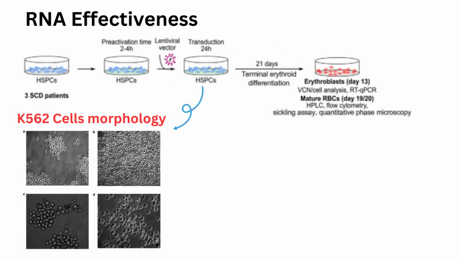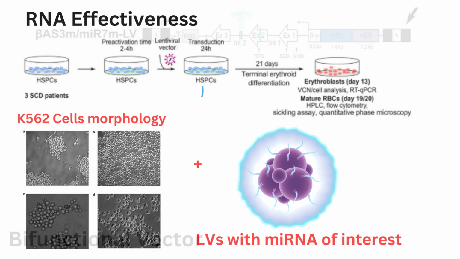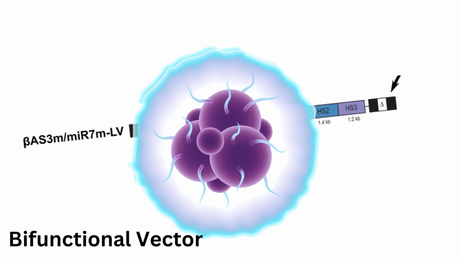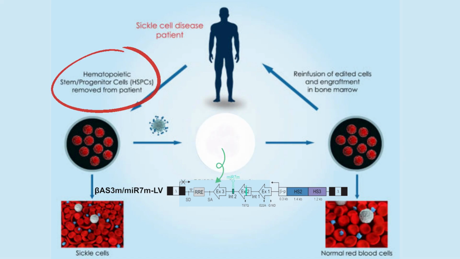The RNA effectiveness was determined through the transduction of the K562 cells with the LVs containing the miRNA of interest in order to assess their silencing effect on the BAS3 gene. The bifunctional lentivector was then utilized to transduce primary adult HSPCs from sickle cell disease donors. The BAS3